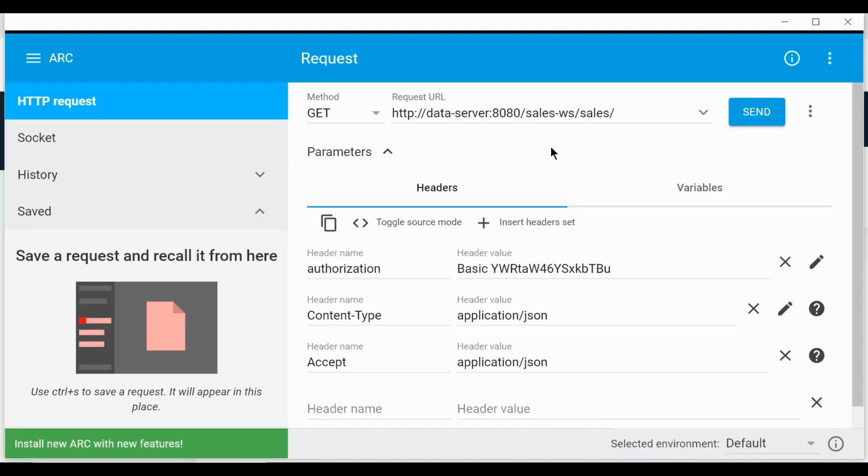Let us see the JSON output of the web service using an external client. Let us use the same URL which we had used in our JSON data source configuration. We have already added the headers as shown in the screen. Also, we have set up basic authentication for this web service and provided the corresponding username and password as seen in the Authorization tab. Let us run this and check the result.